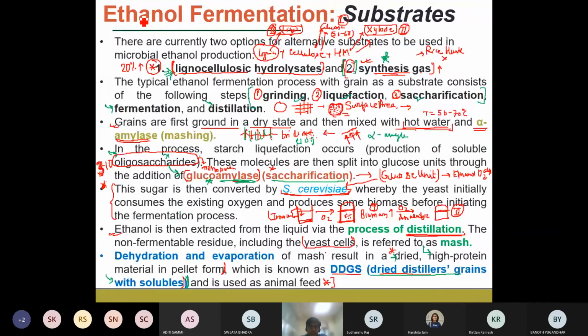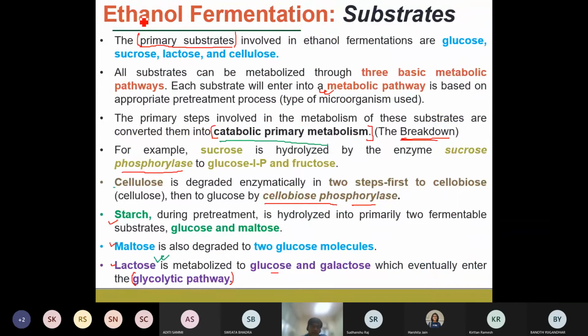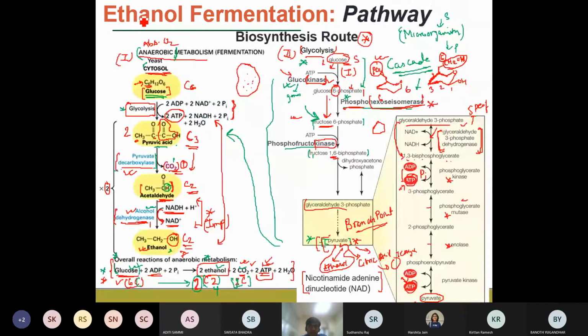Then we looked into what substrates can be used. Each and every substrate needs to be processed in some form in such a way that we have the sugars or the glucose sources, which act as a source of food to the microorganisms, and then the microorganisms have their own pathways by which they can convert. For example, in this case, we have taken the glucose and that is converted into the ethanol.